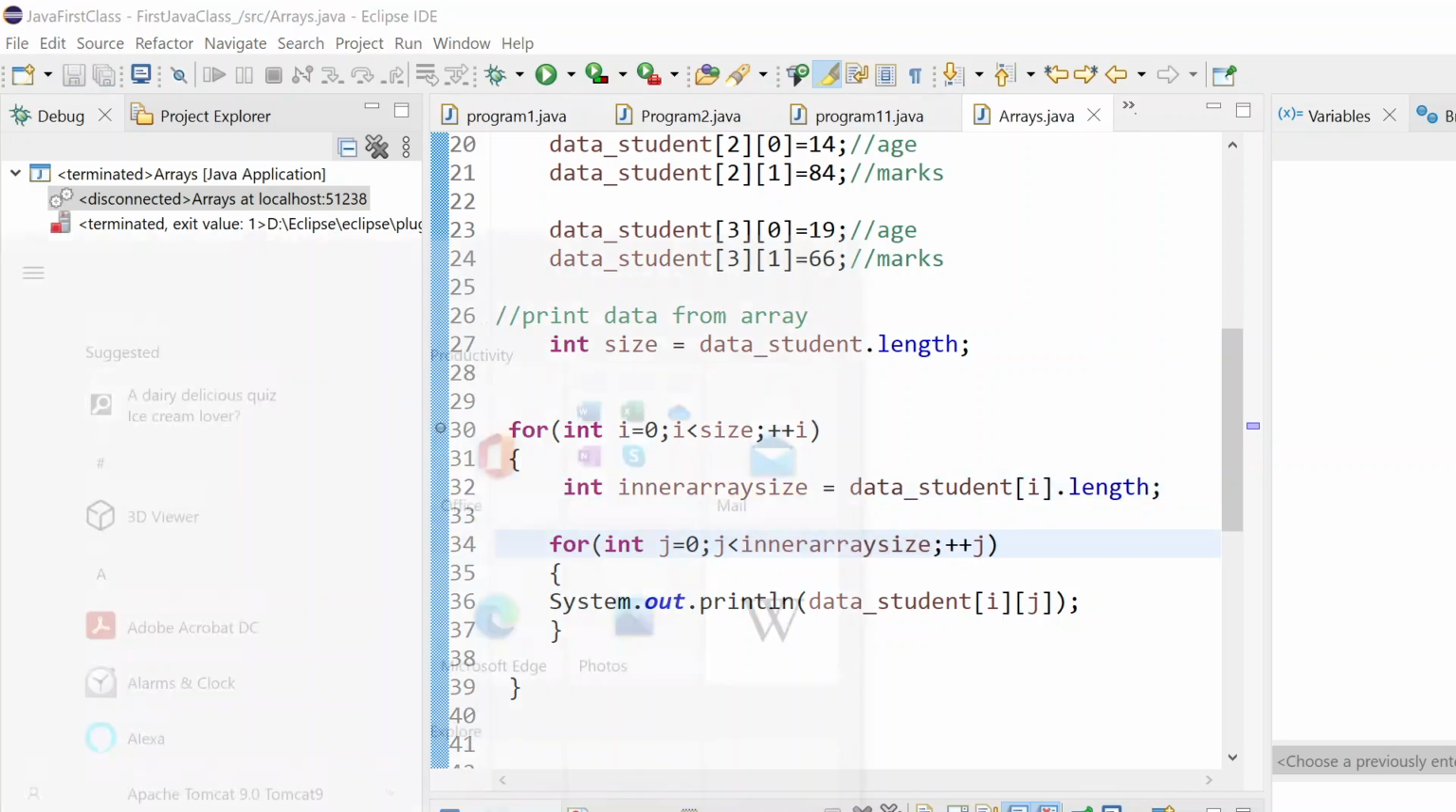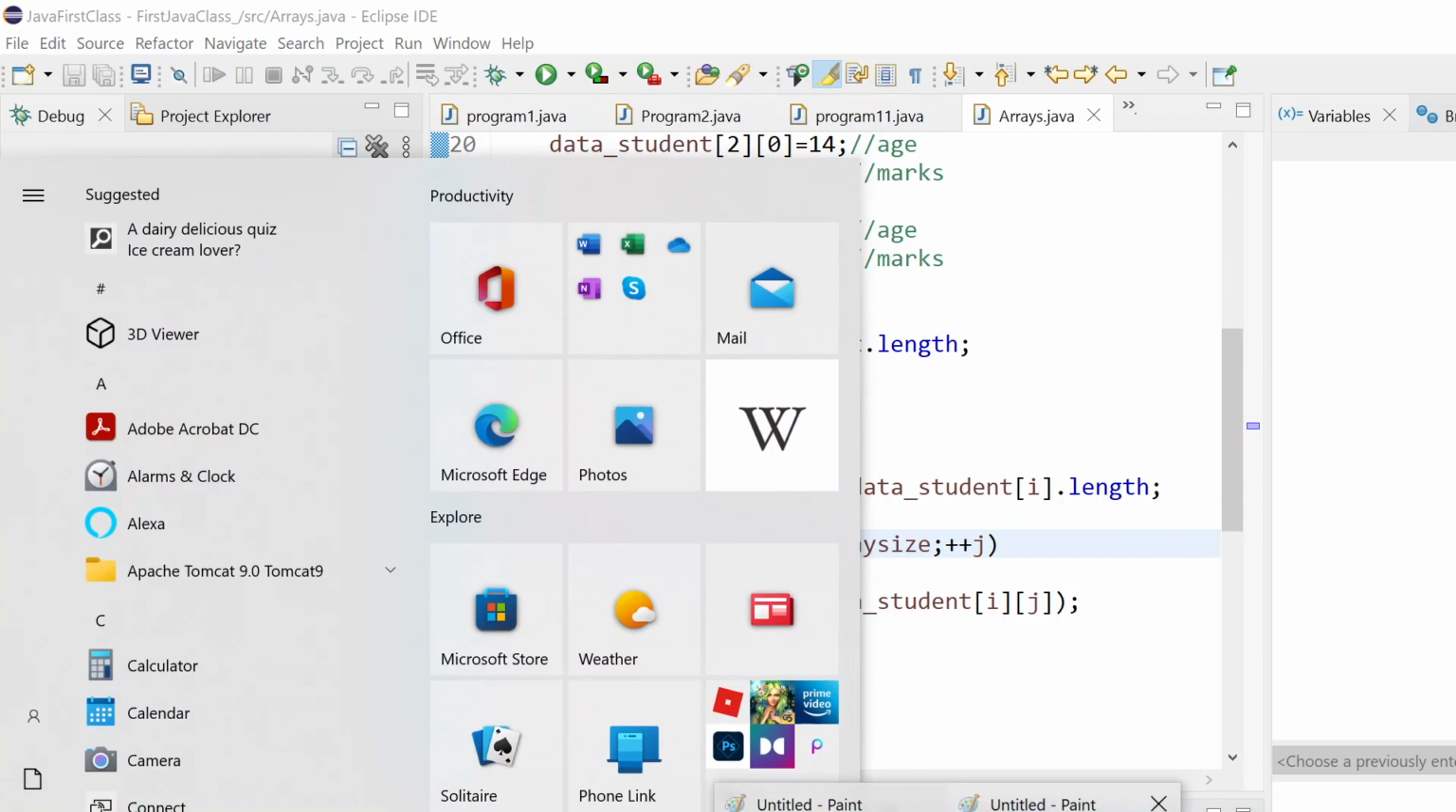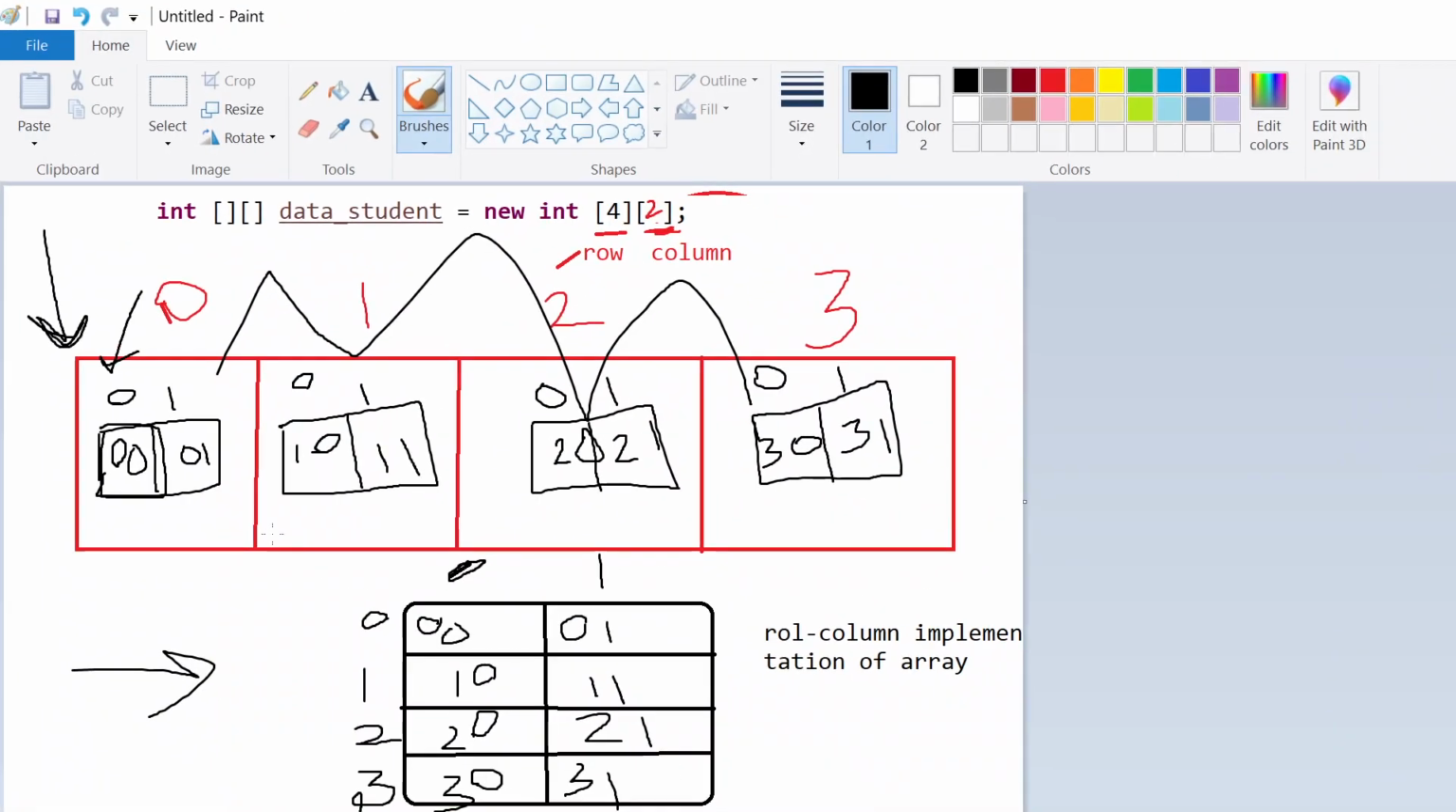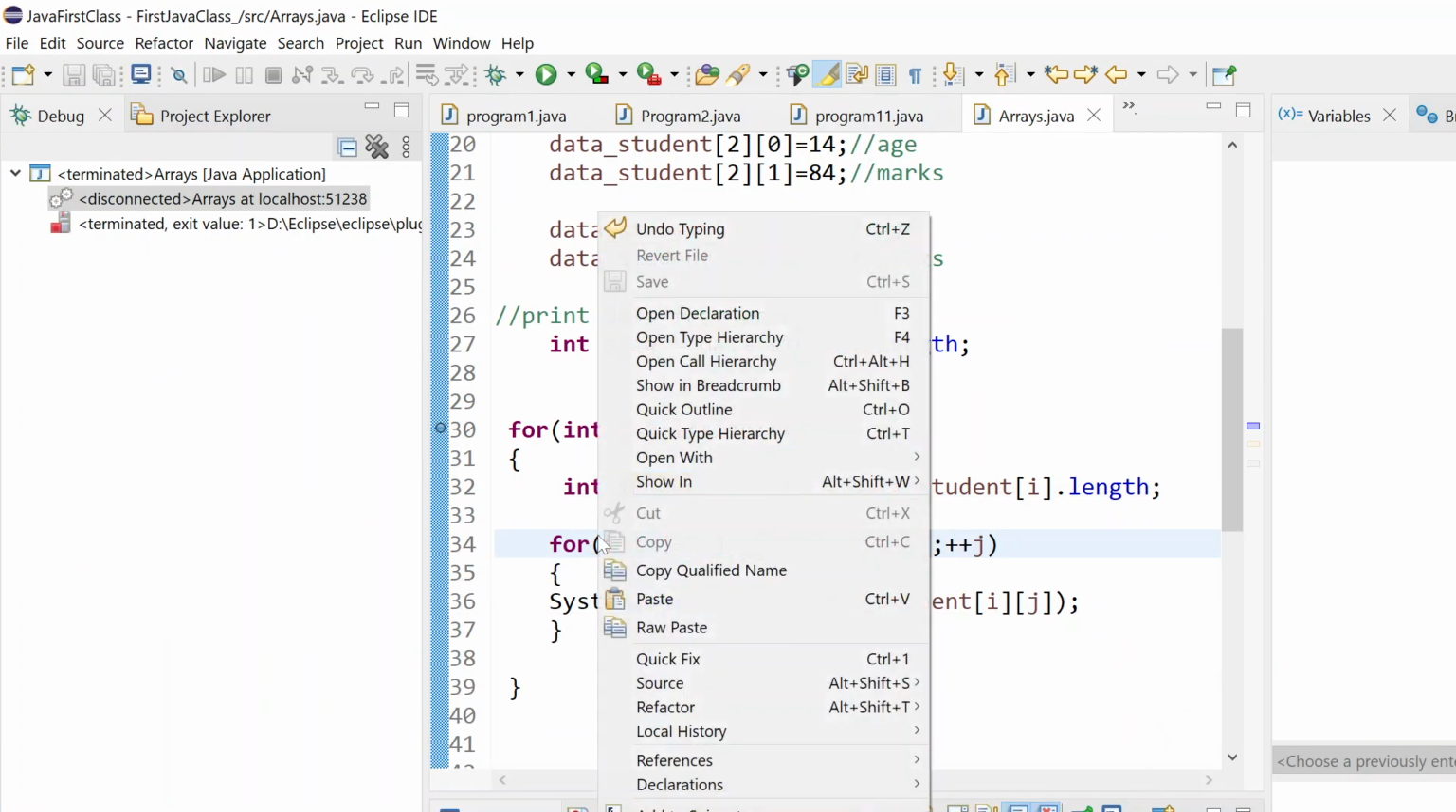So the reason why our program failed, because we were expecting two blocks, right? We were expecting this size is 2, inner size. So I need to get the inner size so that my inner for loop will run only 2 times, right? So now if I debug this program again,